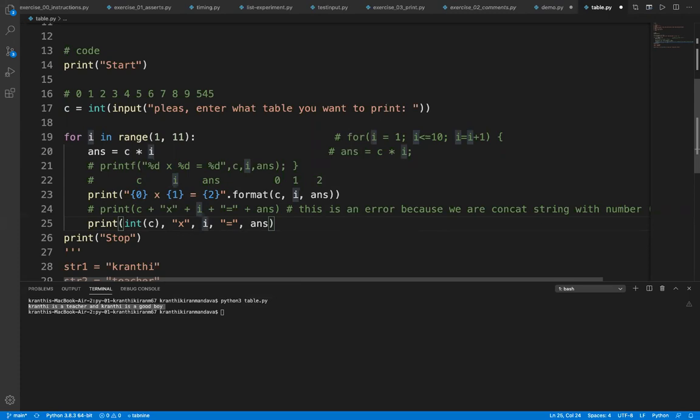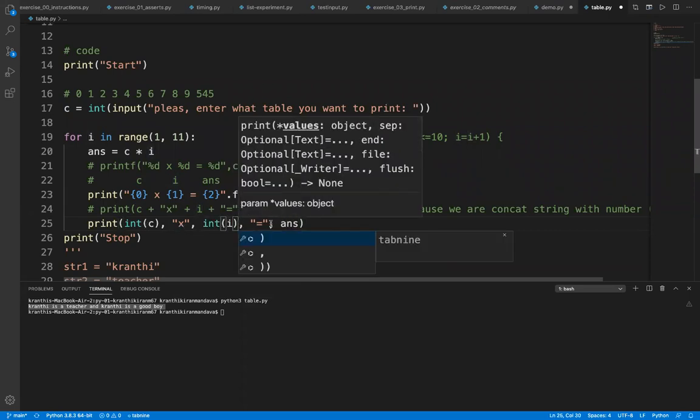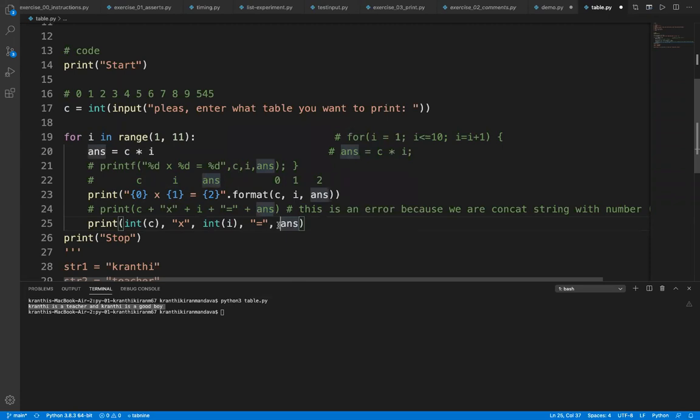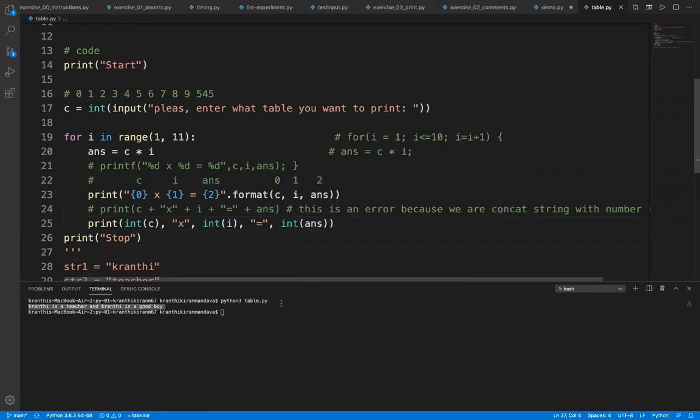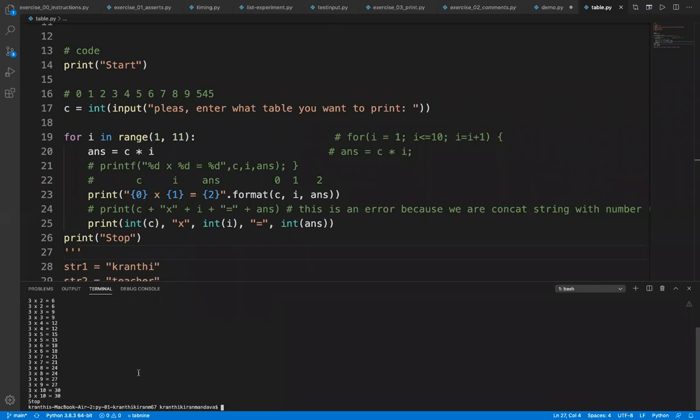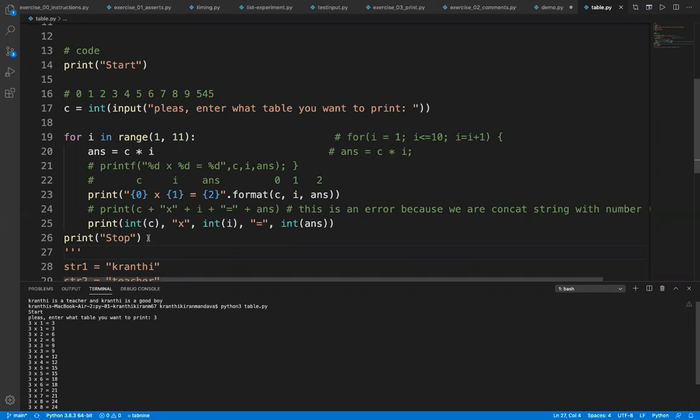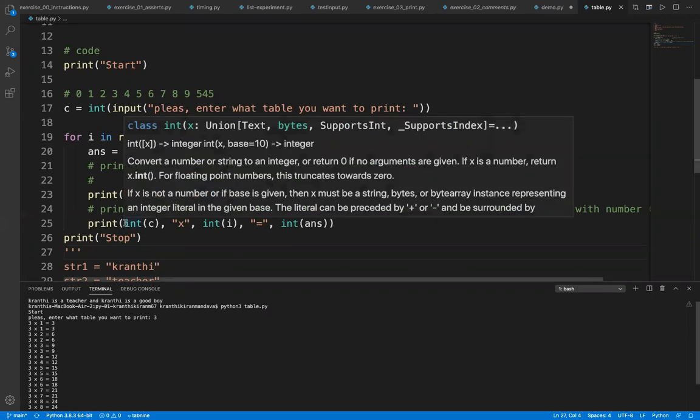Already C is an integer and I is an integer. Why do you again convert into an int? I don't understand. Do you understand what I am talking about? Yes, it works. Let me see. Yes, definitely it works. But what is the difference that you ought to tell this class? That was my doubt, sir. It was already in integer form, so why is it coming when it's typecasted again?